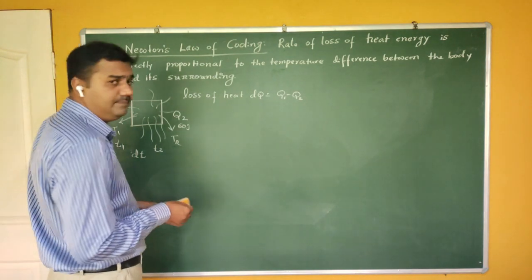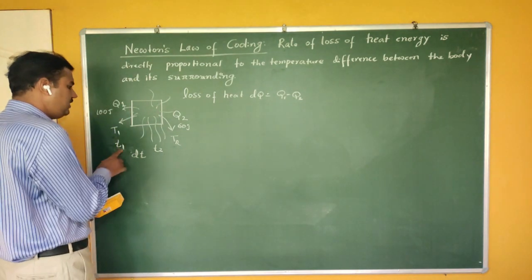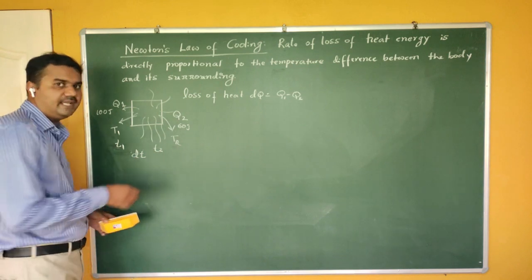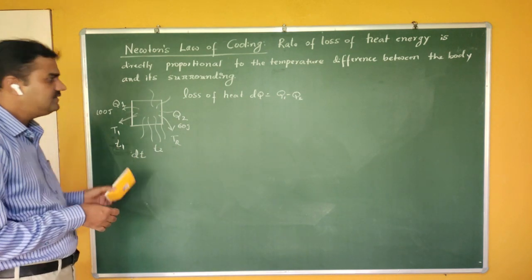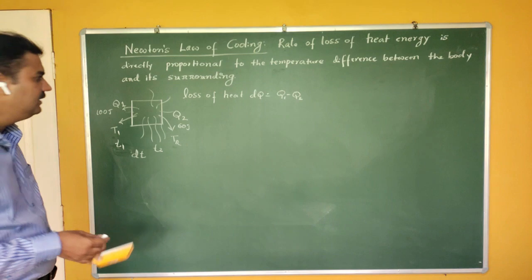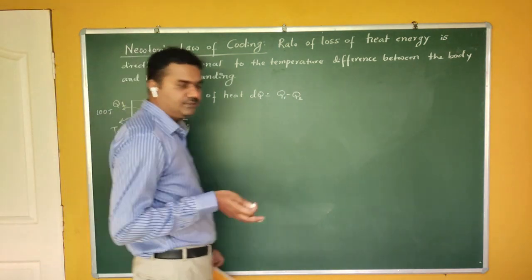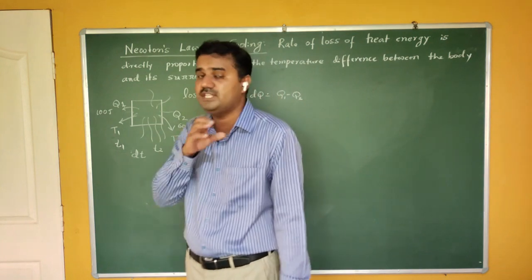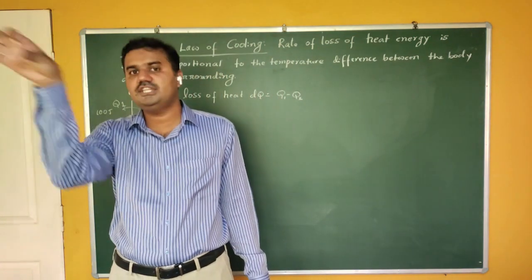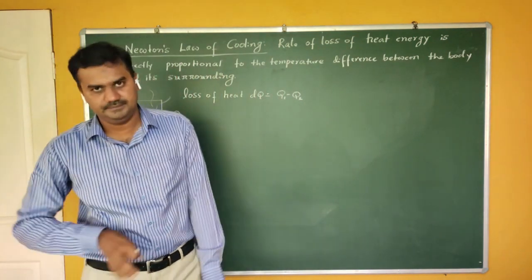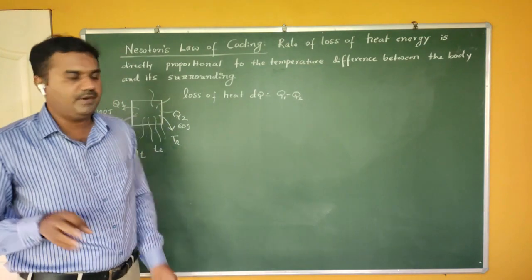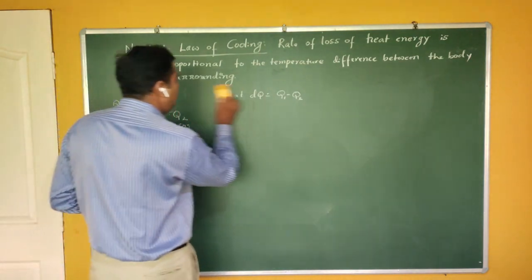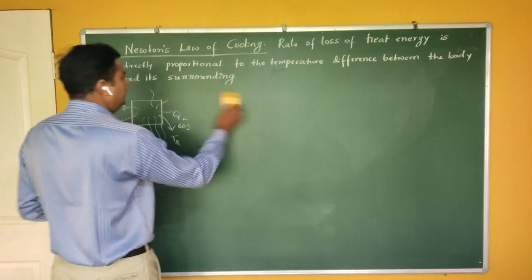In time, the initial time is t1 and the final time is t2, so the change in time is t2 minus t1. If I write in terms of rate: what is velocity? Rate of change of displacement. What is acceleration? Rate of change of velocity. So what is meant by rate? Rate means the change in the quantity divided by the change in time. That is called rate of flow.